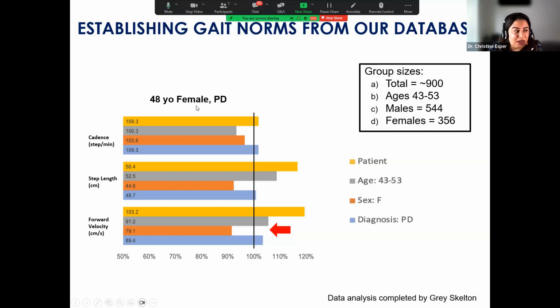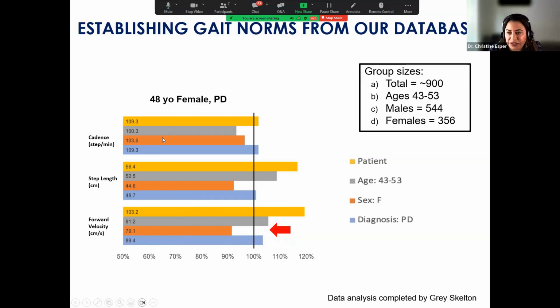But I'd like to look at a young onset Parkinson's patient. So here's a 48-year-old female with Parkinson's disease. So we can look at her information in yellow as compared to her age range, her gender, and then overall Parkinson's patients. So this is all Parkinson's patients in our group of 900. So as you can see, this patient, we can start with forward velocity, which is like how fast the patient's walking. So for this patient, compared to the whole population of Parkinson's patients, 900, she's walking quite fast,